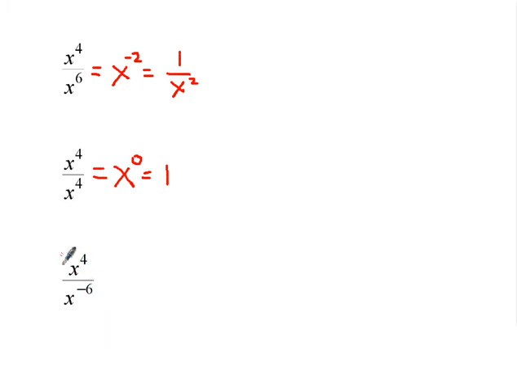Last problem. X to the 4th power divided by x to the negative 6th power. I am dividing powers. I can subtract the exponents. So I get x to the 4 minus negative 6. I'm actually going to write that. 4 minus